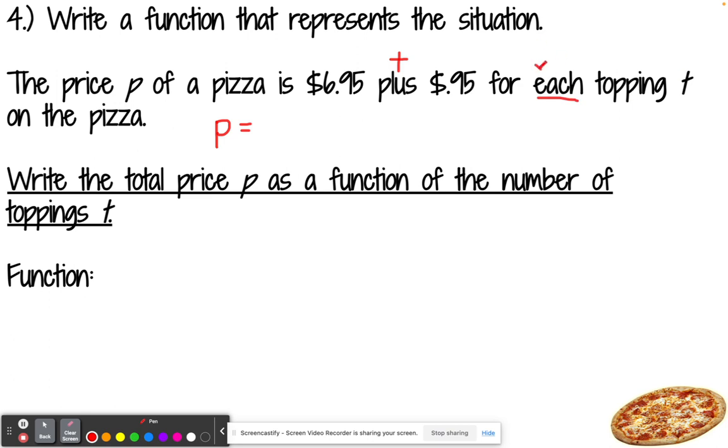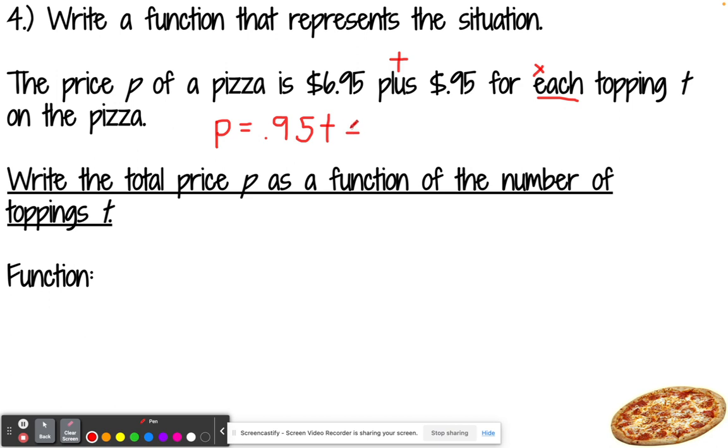Each, you're talking multiplication. So if I get one topping, it's 95 cents. Two toppings, it's 95 times 2, or $1.90. So this is my multiplication, multiplying 95 cents by each topping. Like I said, I like to start with my variable. I could put my $6.95 plus at the start, but I'm going to write it as my cost of my pizza is 0.95 for each topping,